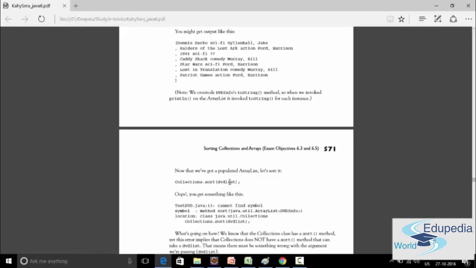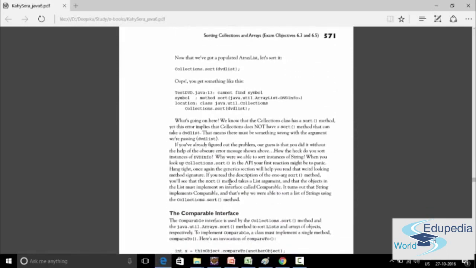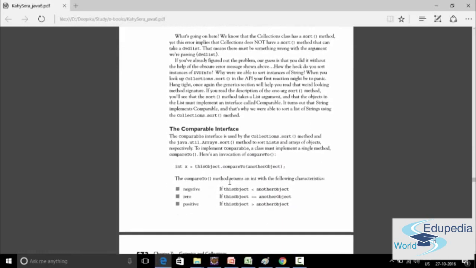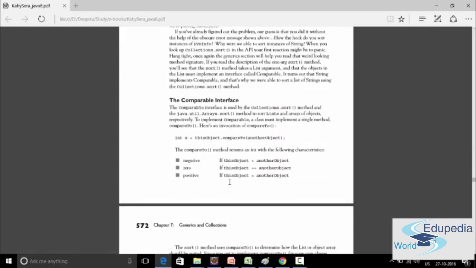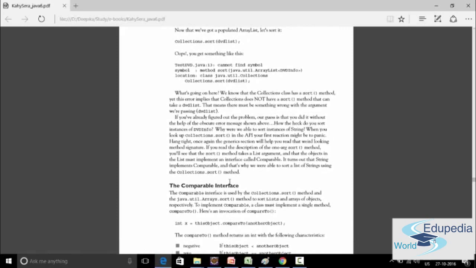But if your array list is an object of a class, although that object also contains a string, then instead of a string, if it's an object of a class, you need to override the sort method in your own and then try to do sorting yourself. Okay, so this is how you get an error. Now what do we do in this case? Let's say we want to sort a DVD list. How do we do that?